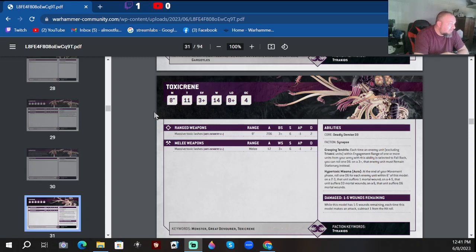9-inch range, 2d6 attacks, 3 up to hit, strength 6, neg 1, 2 damage. Massive Toxic Lashes are also his melee weapon and still have anti-infantry 2. 12 attacks, hits on 3, strength 6, neg 1, 2 damage. His special rules are Grasping Tendrils. Each time an enemy unit, excluding Titanic units, within engagement range of 1 or more units from your army with